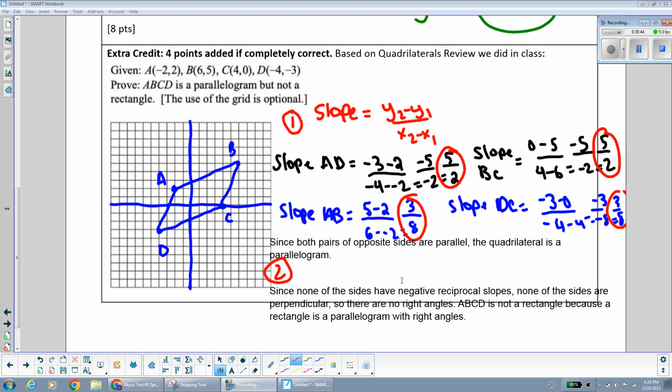And if you found the slopes using rise over run, you can do that, but you have to write down what the slopes are. You can't just write a concluding statement. Even if you just counted the boxes and did rise over run, you have to actually write down what the slopes are. Even if you don't plug into the formula, just write down slope of AD 5 over 2, slope of AB 3 over 8, and so on. Write down what the slopes are. So that way, I know that you did work to get it, and also on the Regents exam, they know you did work. On the Regents exam, a correct answer with no work is only worth 1